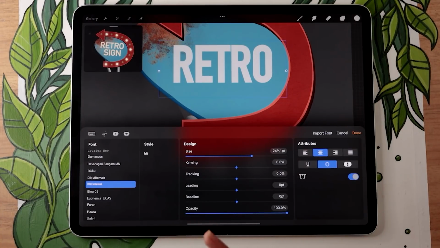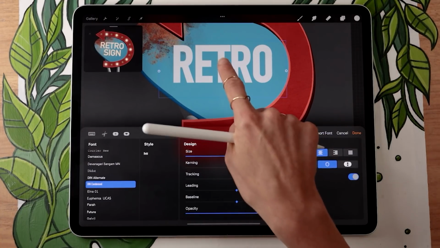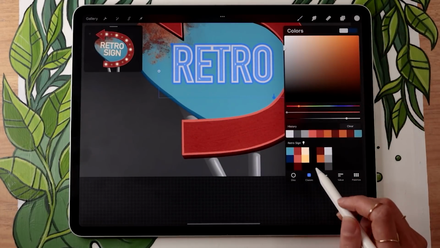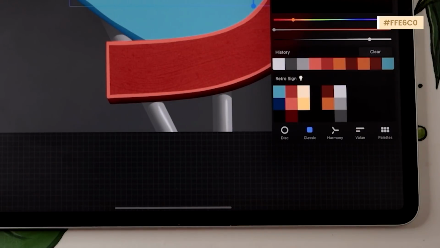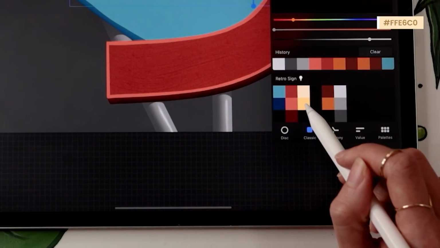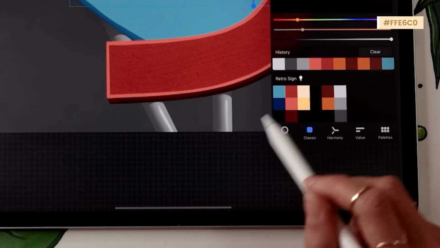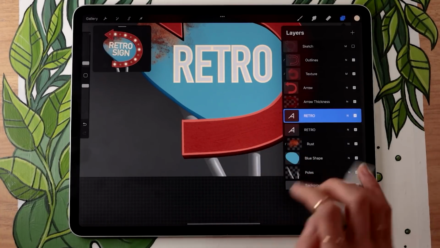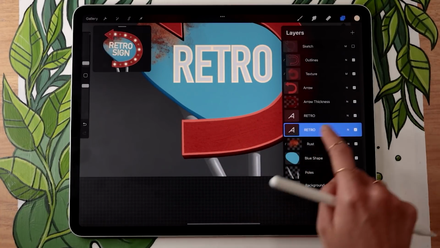So I want mine to be a dusty yellow, so you can just go ahead, select your text, and then select whichever color you want it to be. In my case, again, I want a dusty yellow, so I'm going to go with the color palette with this one right here. It's kind of this banana color. And it makes me realize that my original text was not white, it was actually gray. So I'm just going to go back, select that layer, and set it to white.